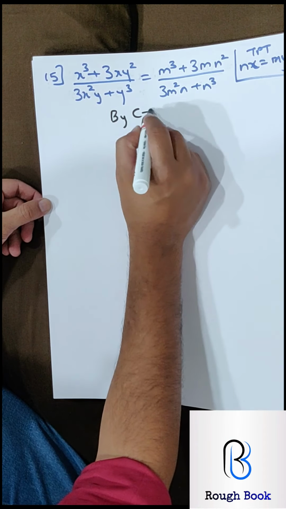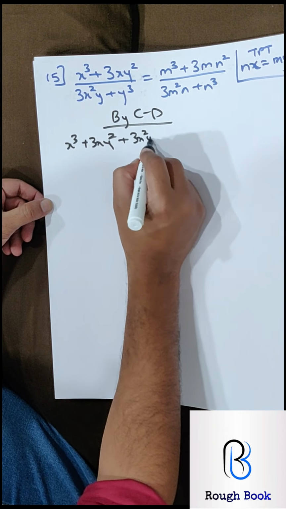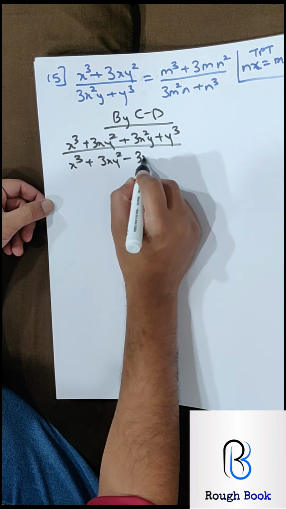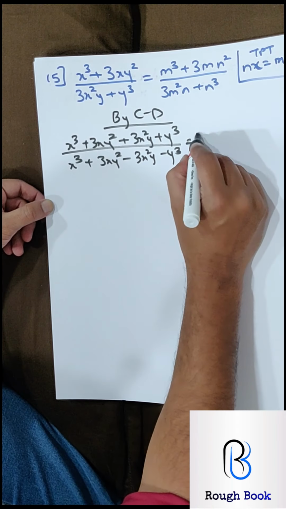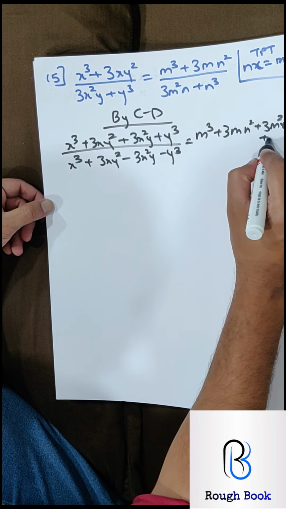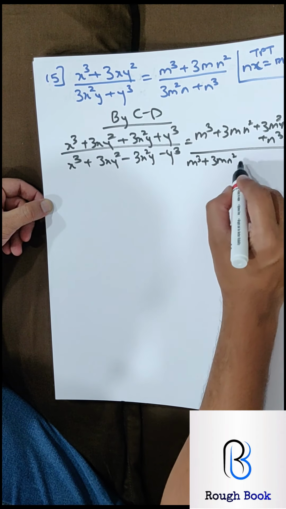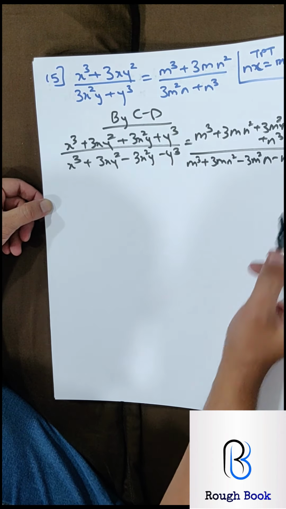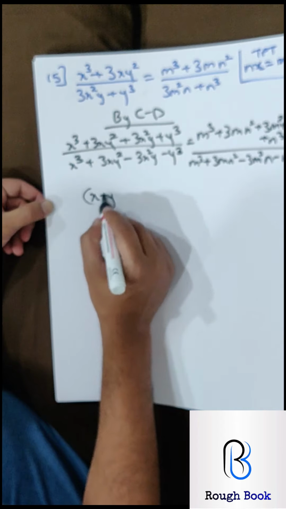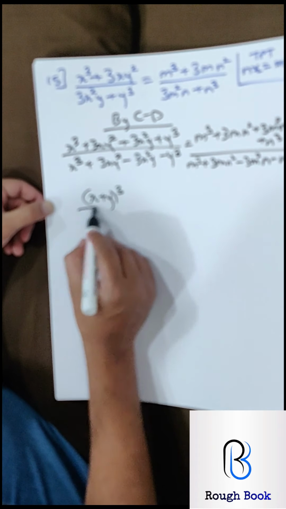So again by componendo dividendo, x cube, 3x y square, 3x square y, cube. Denominator, this will get minus and this will get minus. On the other side, I'm sure by now you exactly know how to apply this componendo dividendo. The first two terms remain the same, the next two we change their sign. Yeah, this again is a formula which is very difficult to recognize. So x plus y the whole cube, a cube, b cube, 3a square b, 3ab square, when you expand it you get this.